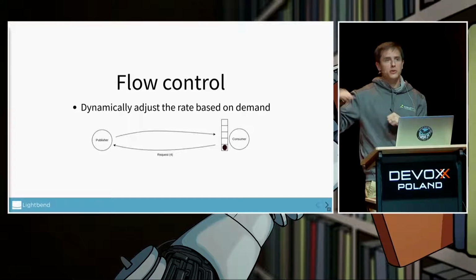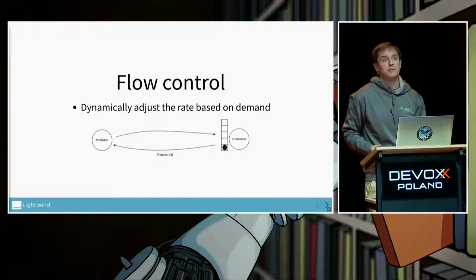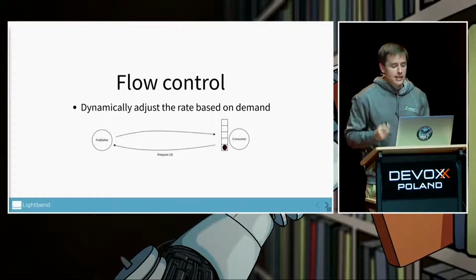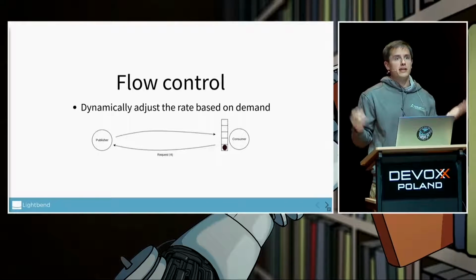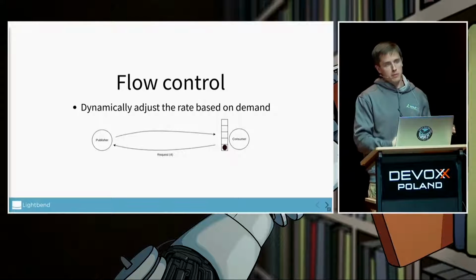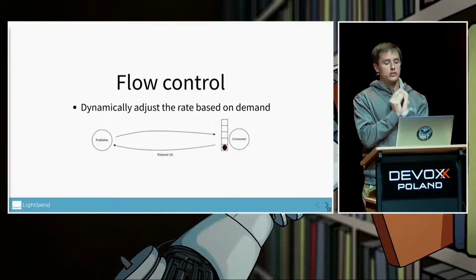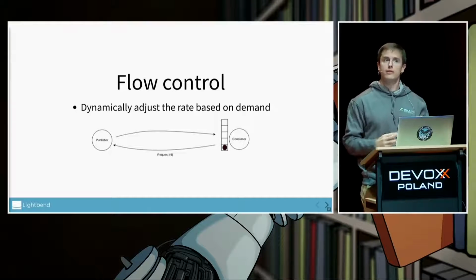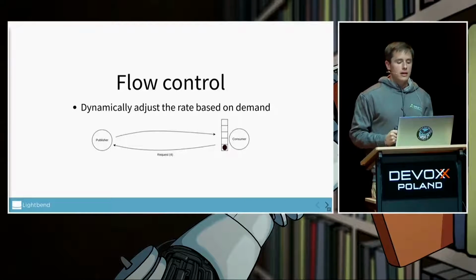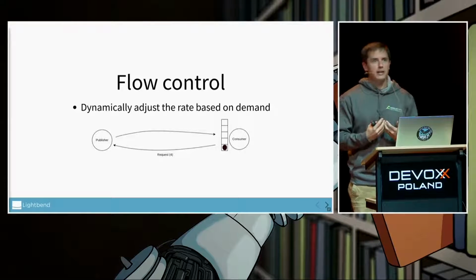And what it's going to do is send a request message to say, I've got space for 4 more. And then the publisher, if it's got 6 ready, can send 4. If it's got 3 ready, it can send everything. So it allows the publisher to go as fast as it can, but then the publisher has to stop as soon as the consumer has not given it enough demand. So the question then is, what do you do if there isn't demand?